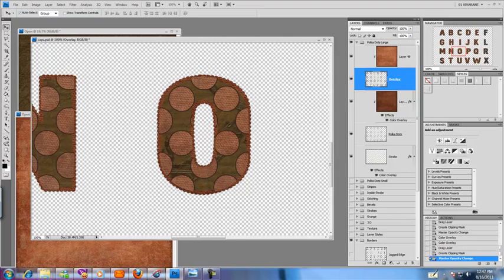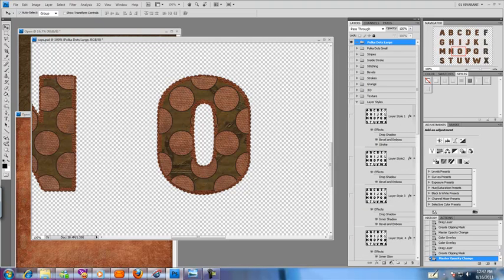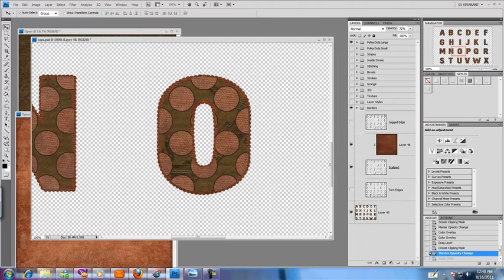If you want to add a little bit more texture and dimension, what you can do is go ahead once again to your layer style, or you can see here that I also have layer styles available right here so that you don't have to use the style file. If you are working in a different program that doesn't support Photoshop styles, this is the way you'll want to do it. You'll want to drag this layer up to the very top,